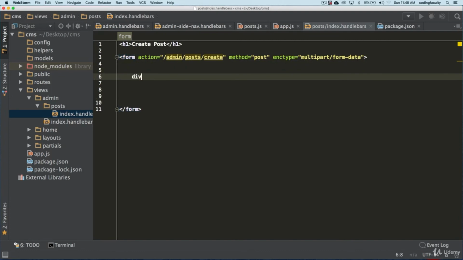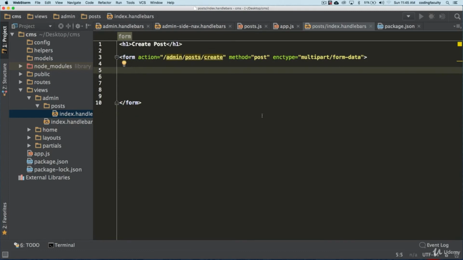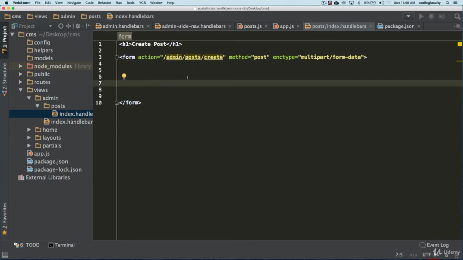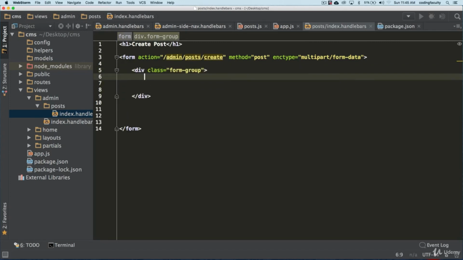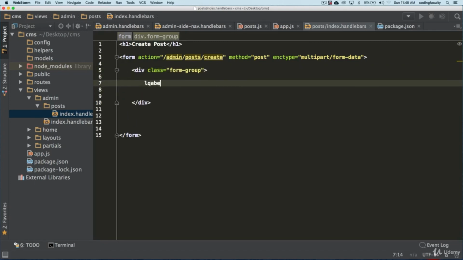As a matter of fact, let me look it up in my computer. And no, I think I remember. Let's just do it like this. We're gonna test this, okay? Because I want to just create one real quick and test it out. So form group, and we're gonna have a label, and this title here like this.